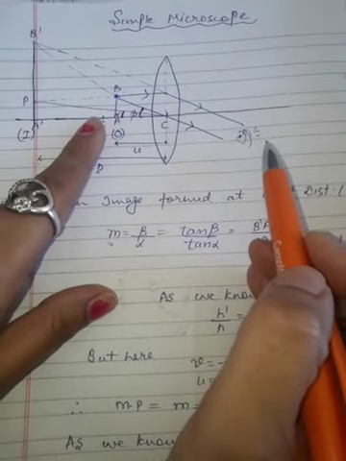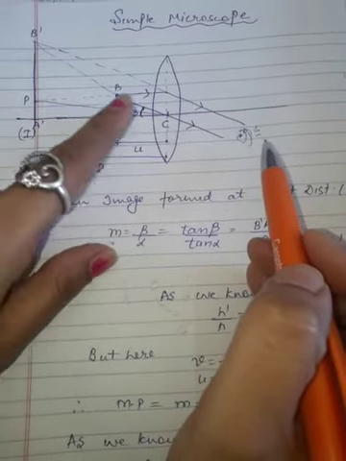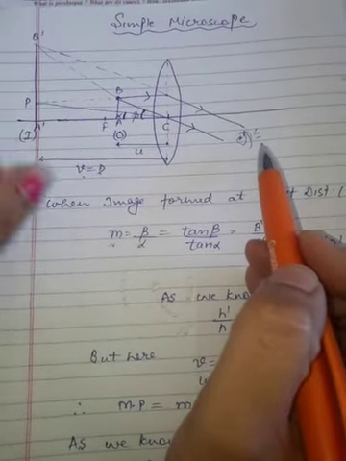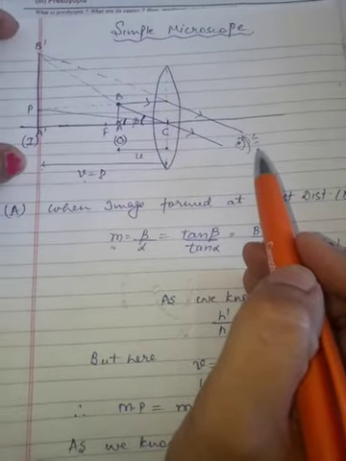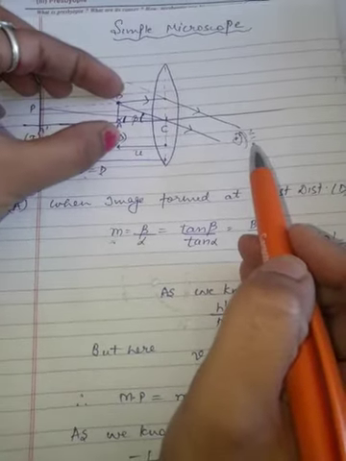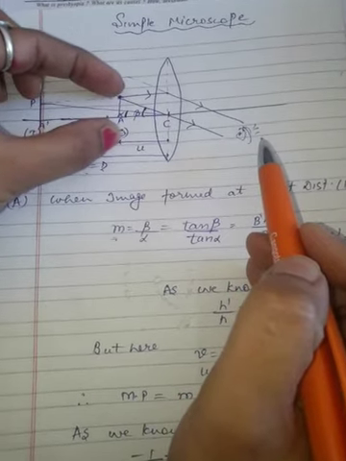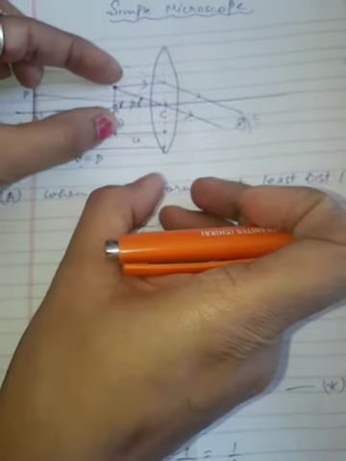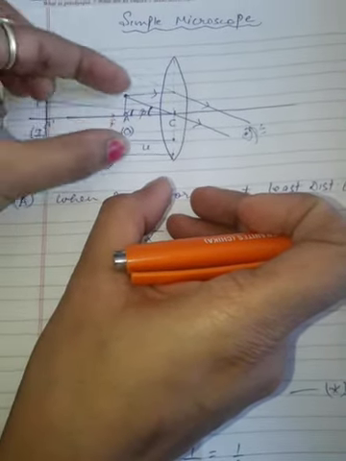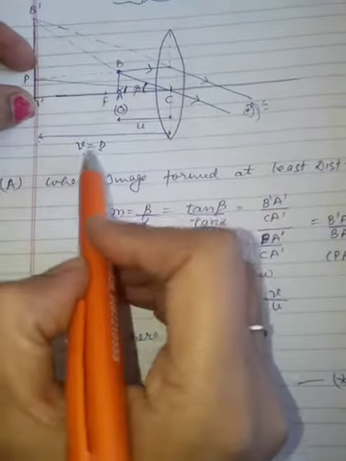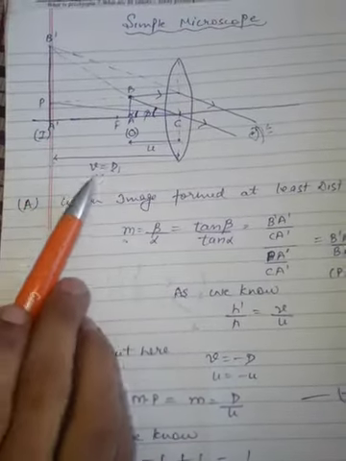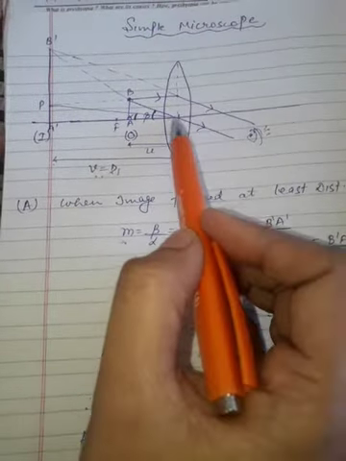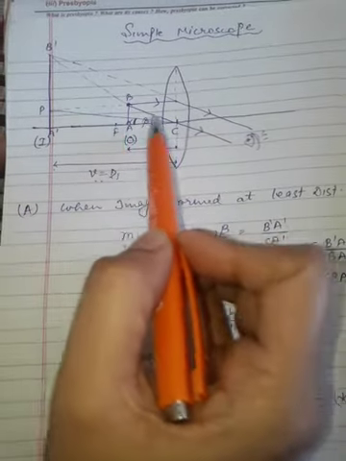According to the definition of magnifying power, angle subtended by image at the eye to the angle subtended by the object at the eye when both are at the same distance, that is the least distance of distinct vision. Now image is at the least distance of distinct vision, but object is not. We will construct the same object here, at least distance of distinct vision. So AB, I have constructed PA dash, the same size of object at a distance of V is equal to D. Now they both are at the least distance of distinct vision. What is the angle subtended at eye? By image it is beta and by object it is alpha.